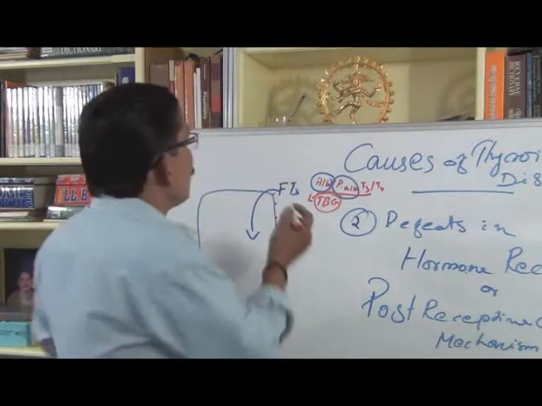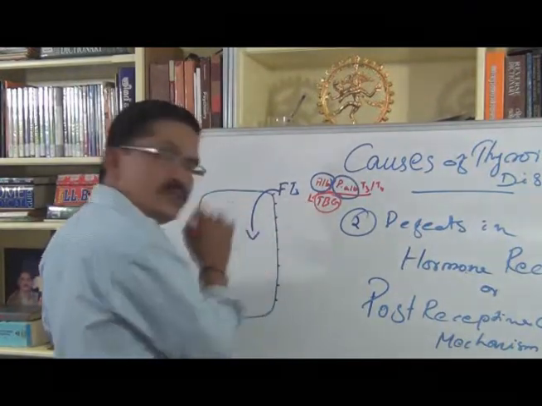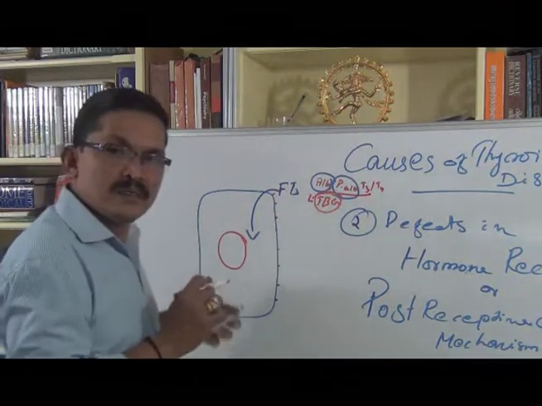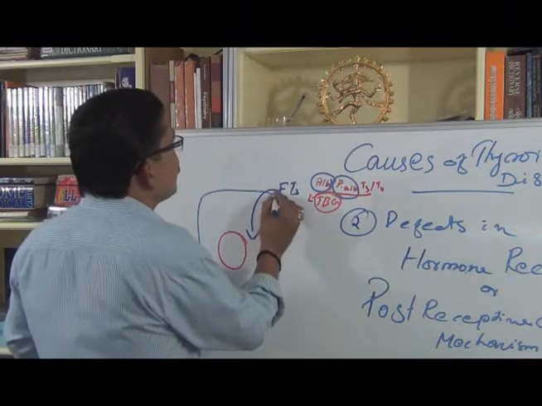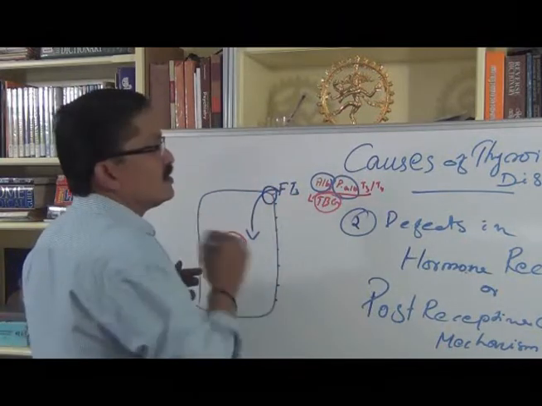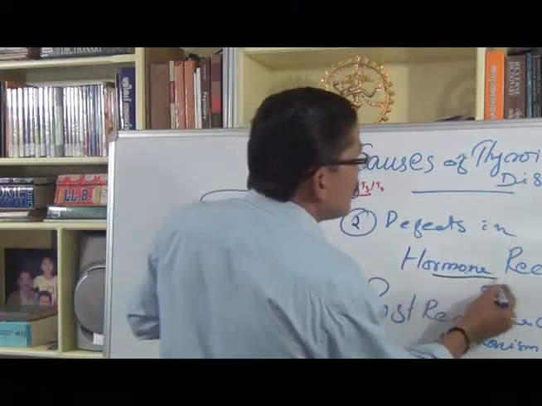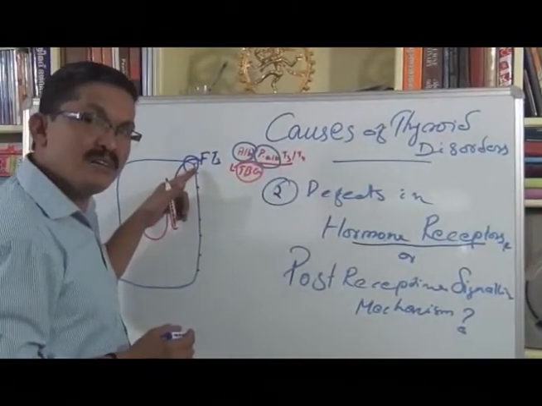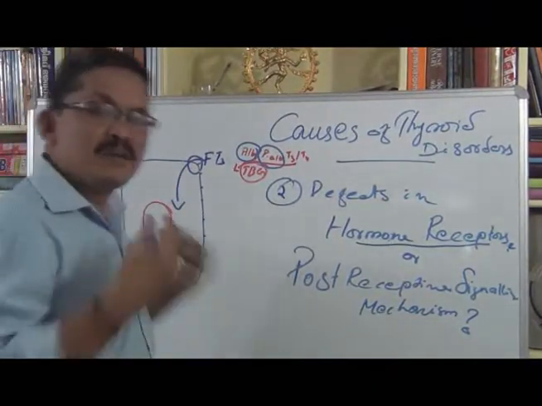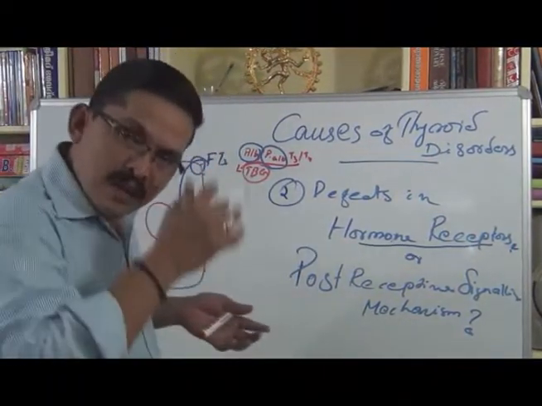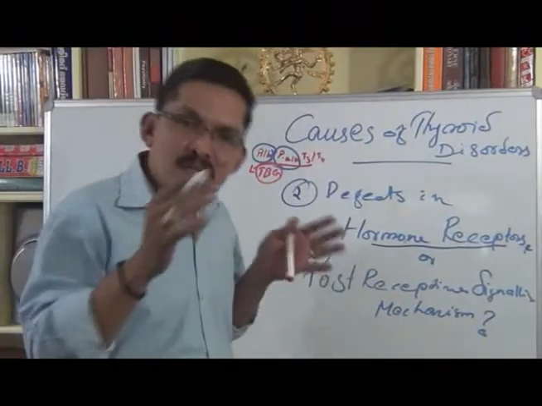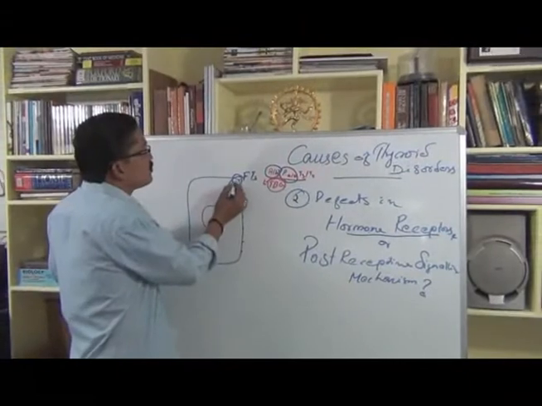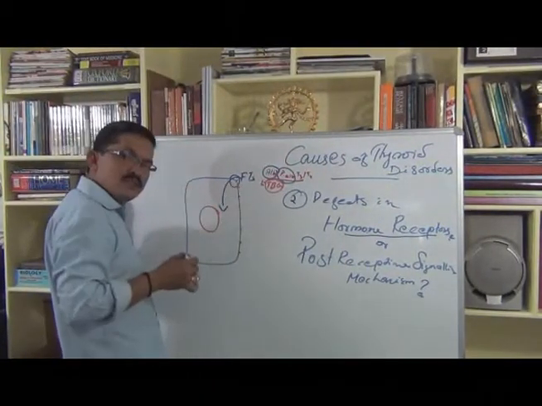Only when the thyroid hormones get entry into the cell can they act. So here the defect may be at this level, that is defects in the hormone receptors, receptor level defects. And in some patients there may not be any problem with the receptors, and here from the entry of the cell surface,